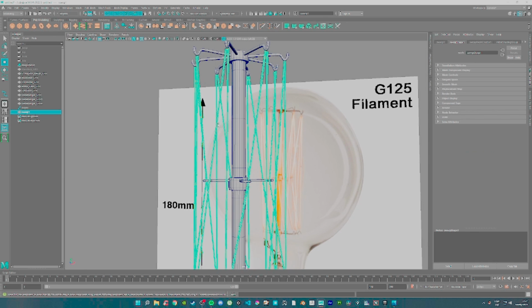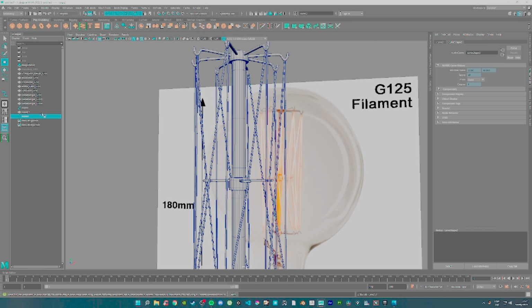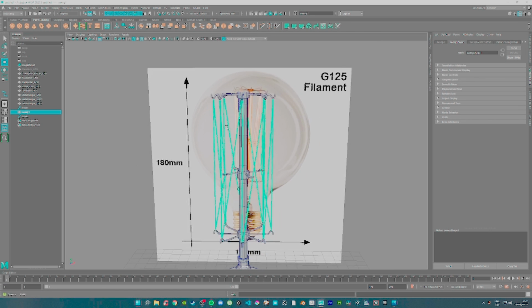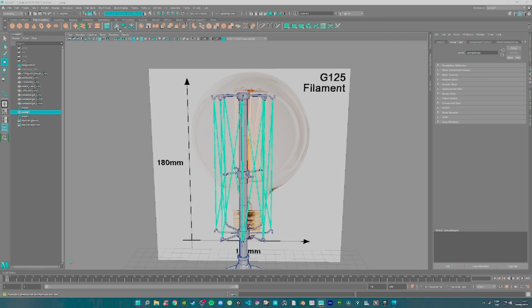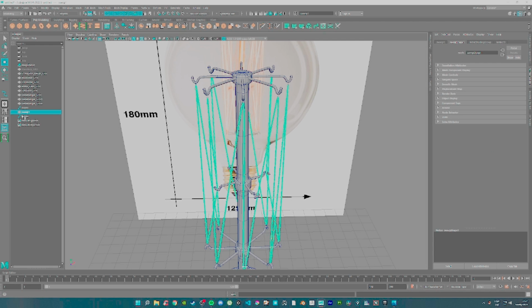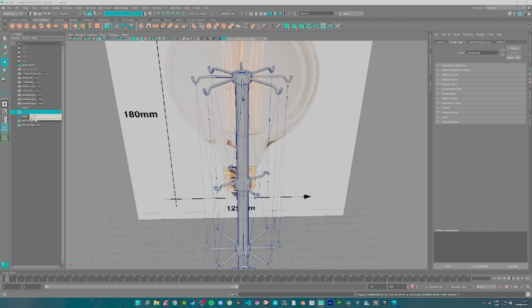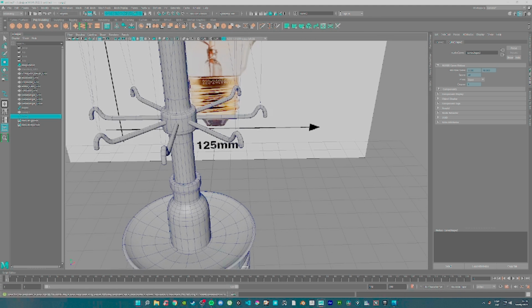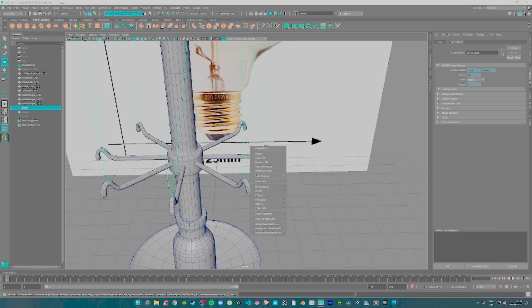We could duplicate this just to be safe, and now we can delete history on those, so they are their own mesh. Awesome. Now the other way to do it, if you don't have the sweep mesh, is to take this